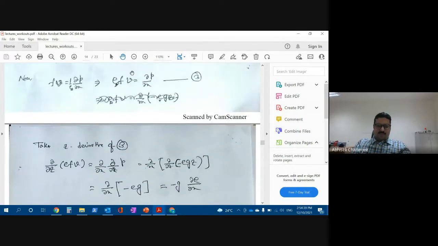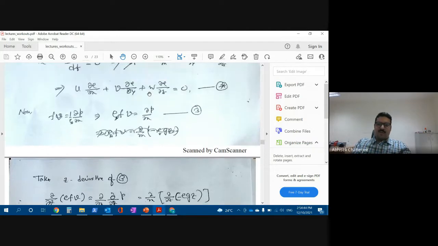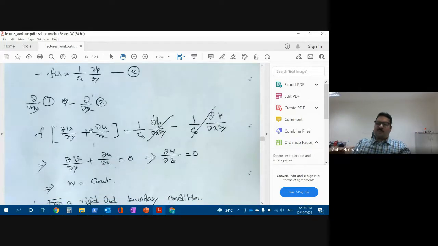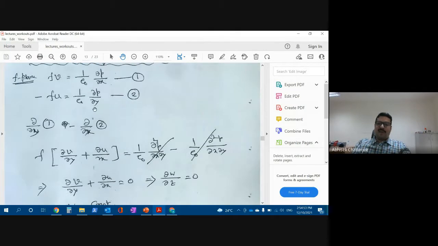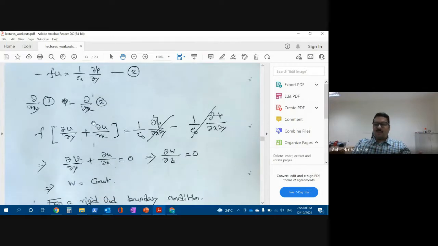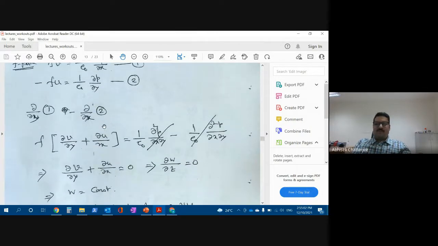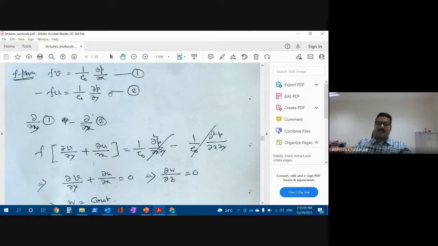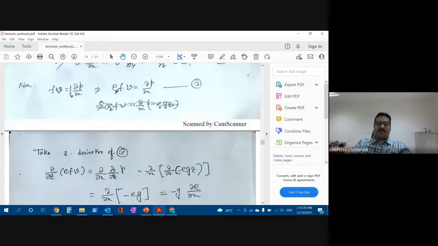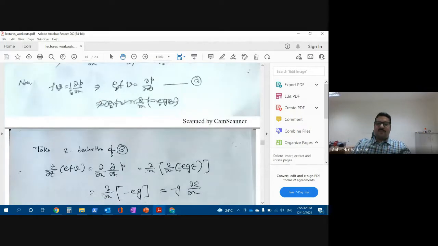So now what we did is that we took a z derivative of this. Basically, our objective is to find w. In the first equation also, what we did, we wanted to find w. We had del p del x, we had del p del y. We know u and v, and we want to find w. In order to find w, we need to get this equation. To do that, we have to take a y derivative of this and an x derivative of this. We'll do the same thing here. So this is our equation, rho naught fv equals del p by del x.